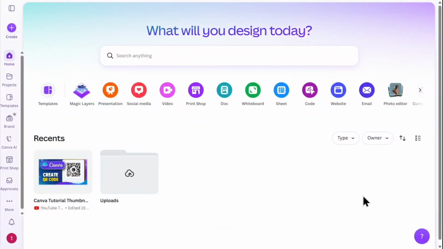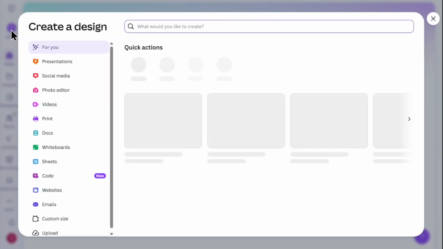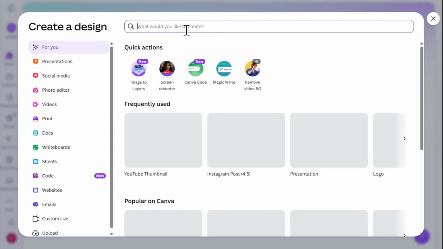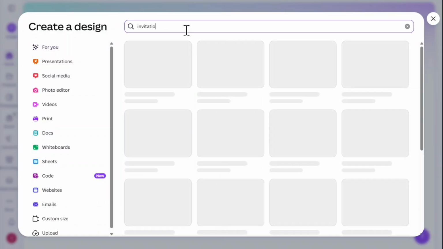In this video, I will be showing you how to create an invitation card in Canva. Let's get started. To begin, I head over to the top left of the dashboard and click on Create a Design. In the search box, I type in invitation and select the invitation format to open up a fresh, blank